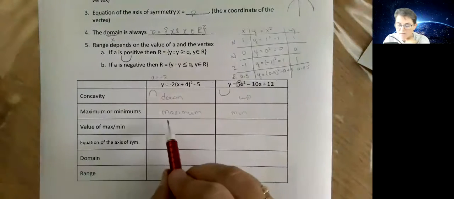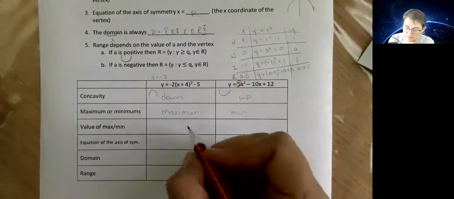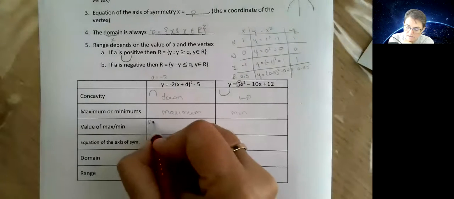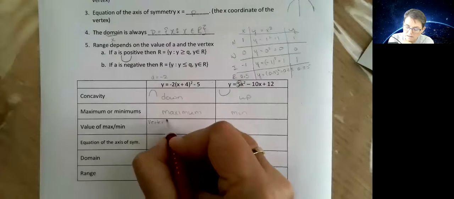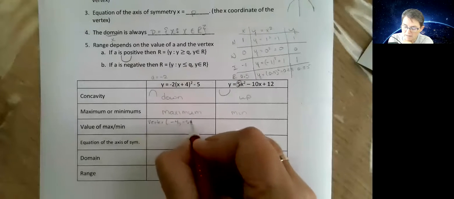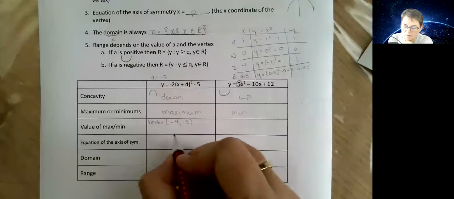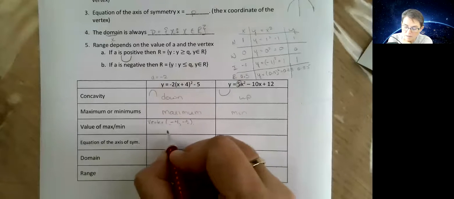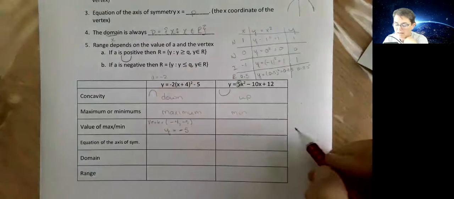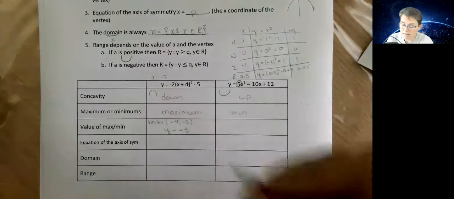Now the value of my maximum has to do with my vertex. So my vertex on this one is minus 4 and minus 5. Now my value of my maximum, how high did it go, is going to be y is equal to minus 5. Now on this one, you're going to have to do a little work, because to get our vertex,